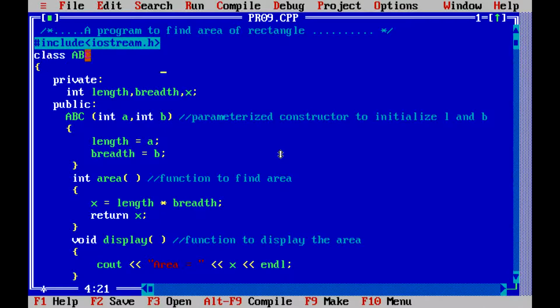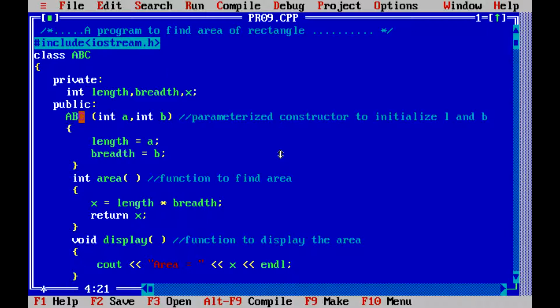In the class we define some private members: integer variables length, breadth and x. And in public we define the constructor. Remember one thing, a constructor is always defined in the public section. We cannot define a constructor in the private section.